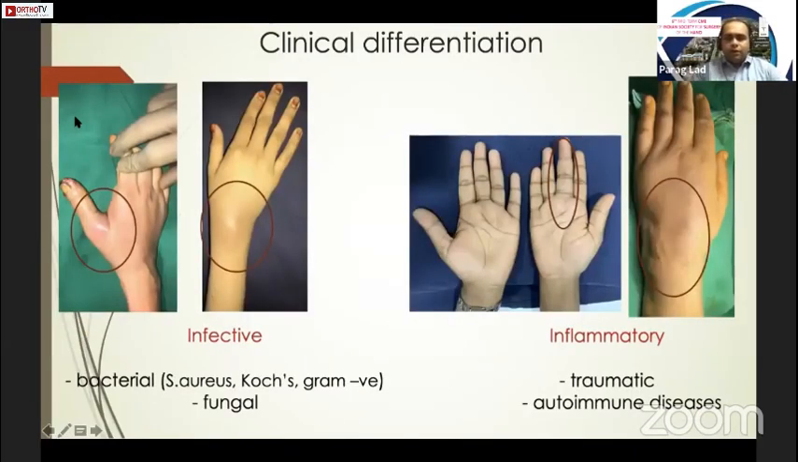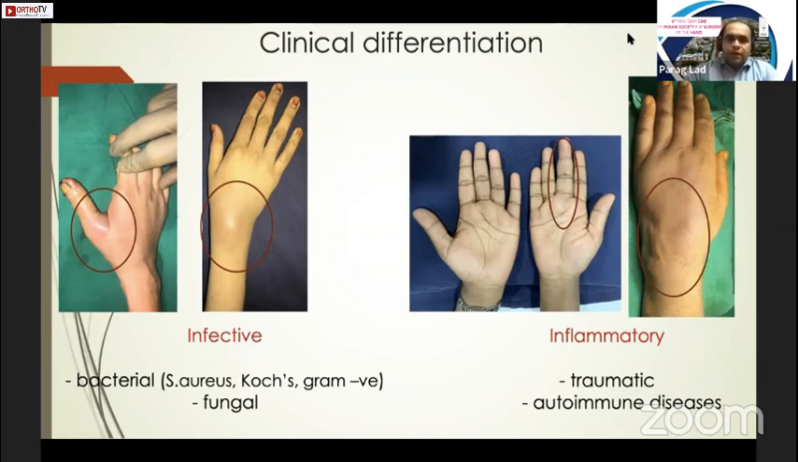So I would like to simplify this topic by understanding that there are two basic parameters for tenosynovitis of the hand and wrist. One, we try to find out whether the cause is infective or inflammatory. In infective cases, the commonest causes are bacterial. I am not surprised that in my practice, cocci are also a very common cause of infective